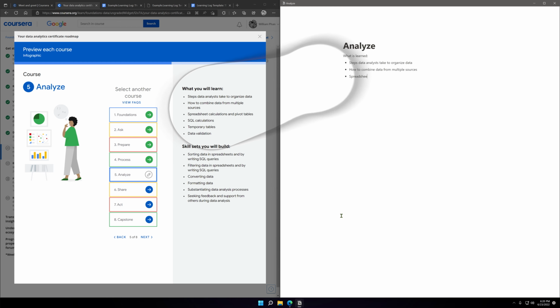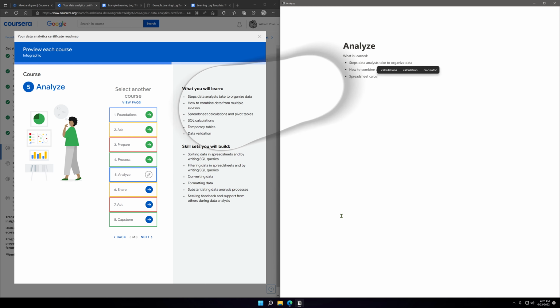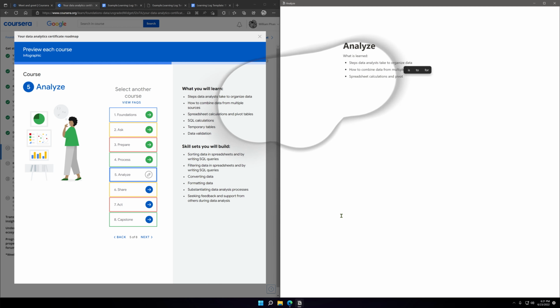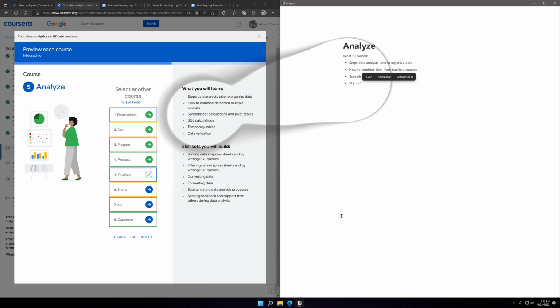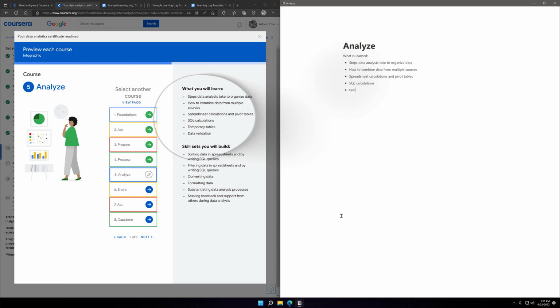Spreadsheet calculations and pivot tables. SQL calculations. Temporary tables. Data validation.